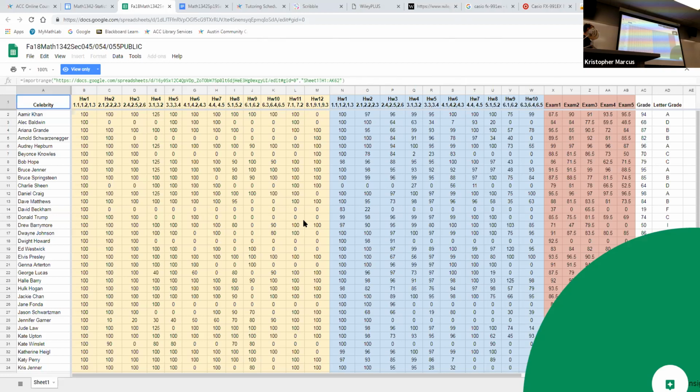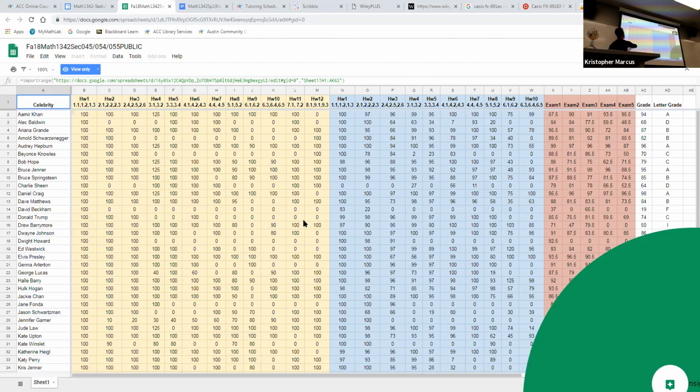And if you get somebody that you absolutely just can't stand, I've only had this happen once, try to bear with whoever you get. But I had one person, they got some politician that I didn't even know who it was, and they said, I just don't agree with that person at all. Fine, we'll work with you on that. But if you can deal with whoever you get, please do so. It makes it a lot easier. Again, these are randomly chosen. I am not trying to tell you something about who you are as a person, what kind of personality traits you have. It's just a randomly chosen celebrity name for you for the sake of the grade book.